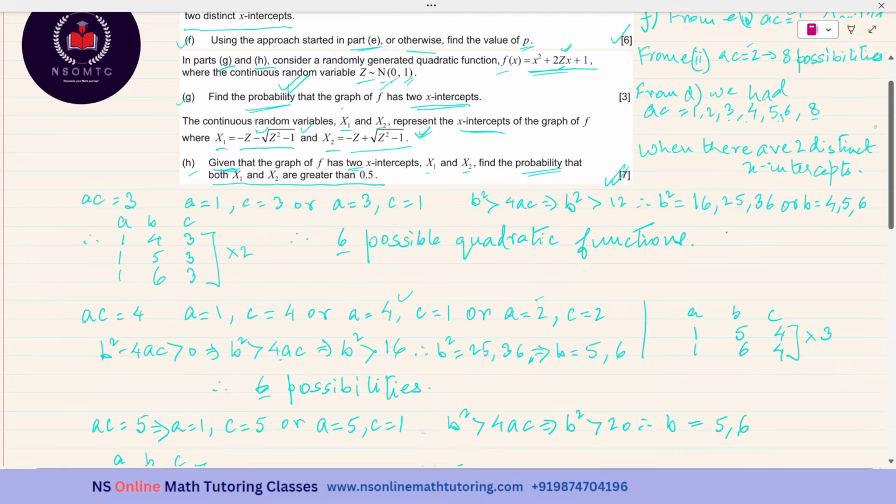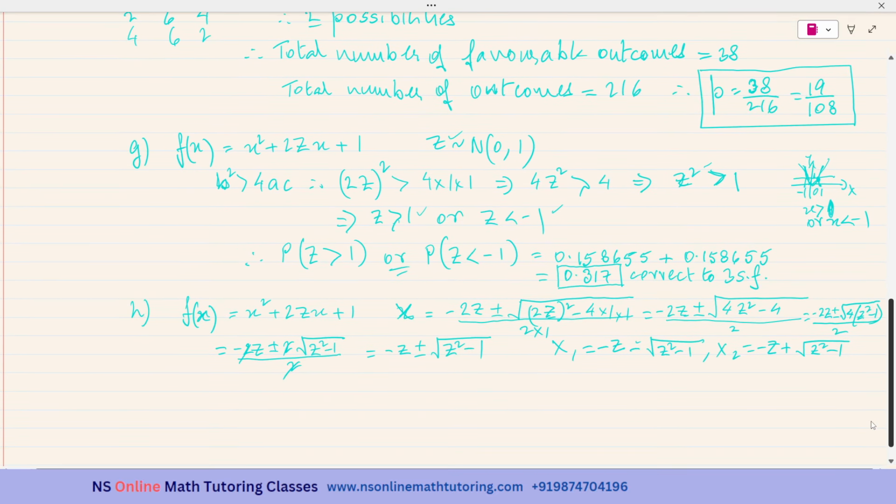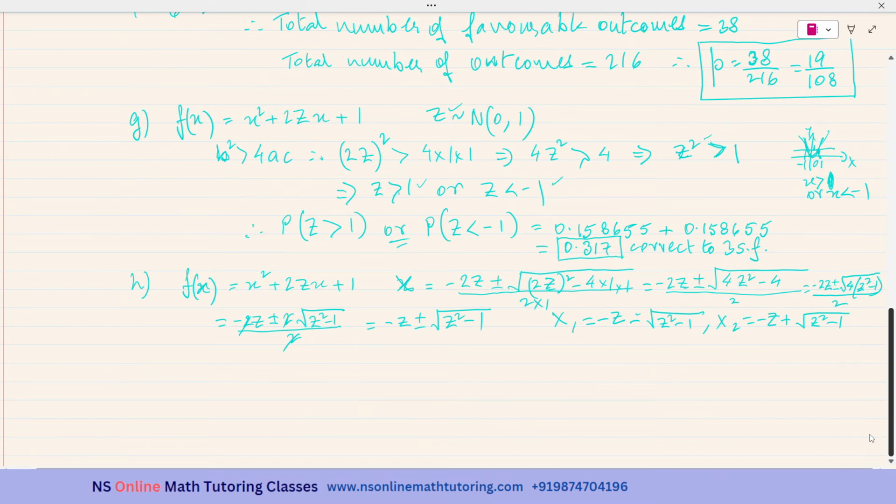X1 is having the minus sign and x2 is having the plus sign. Okay. And given that the graph of f has two x-intercepts. Okay. So the probability that the graph of f has two x-intercepts was found in subpart G, but I have got the answer correct to 3 significant figures. I have to get more number of digits. From G,